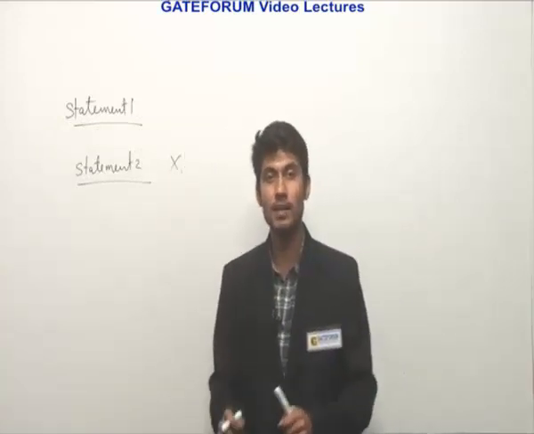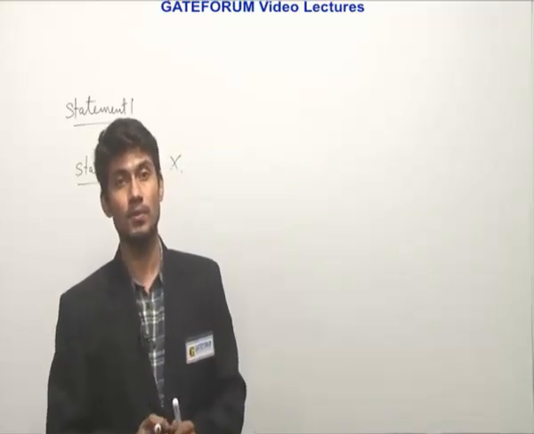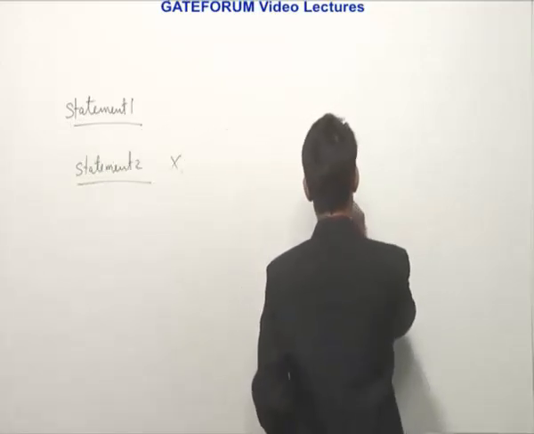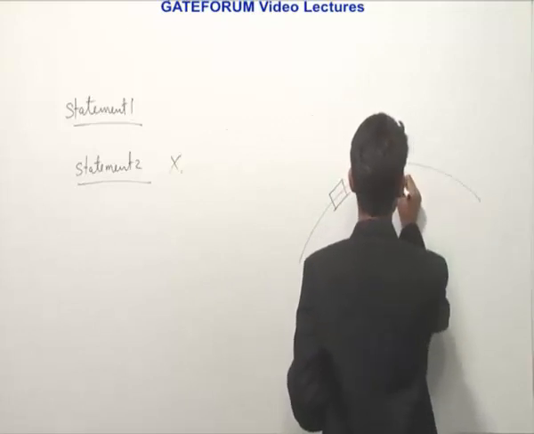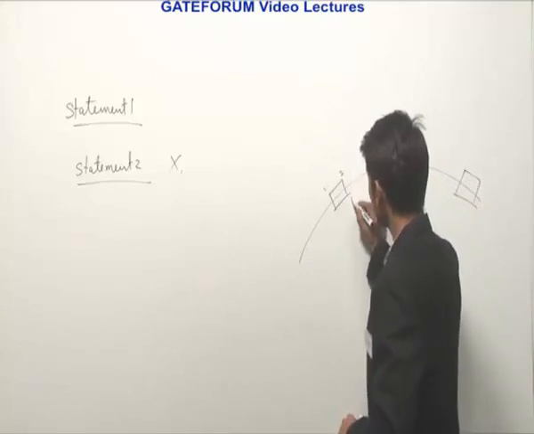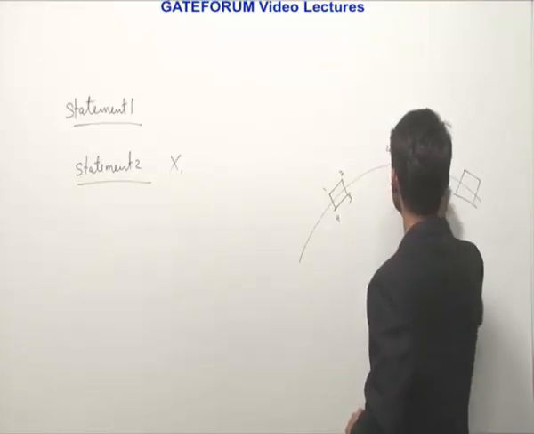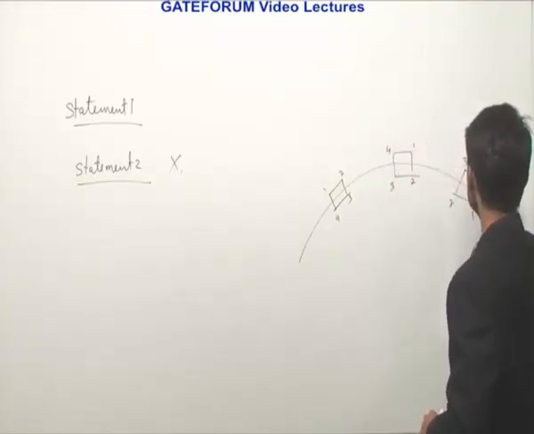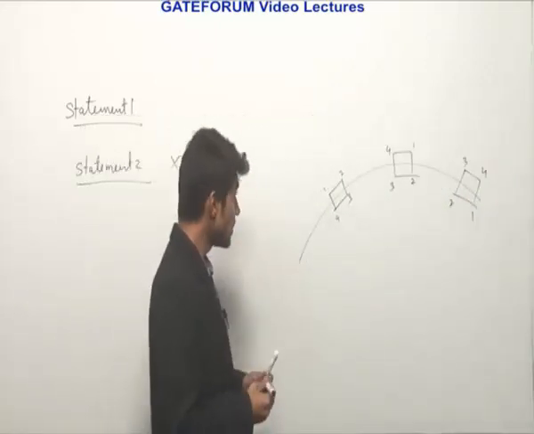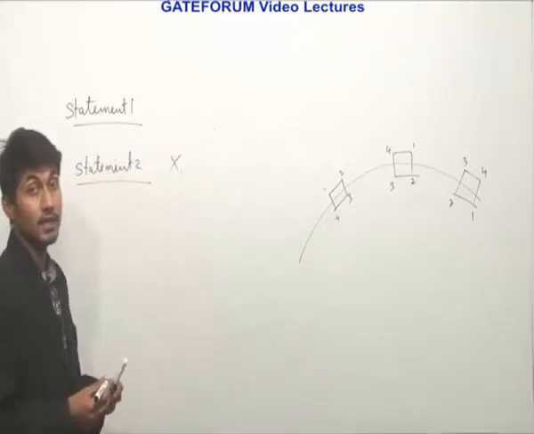Forced vortex motion generally implies rotational motion. So for forced vortex, it is always rotational. What does a rotational motion look like? If some particle, a fluid particle, is in orientation 1, 2, 3, 4 here, after moving a certain distance, its orientation changes. So whenever the orientation of fluid changes, the fluid is known as going into rotational motion. In forced vortex, such rotation is happening, so statement 2 is incorrect.